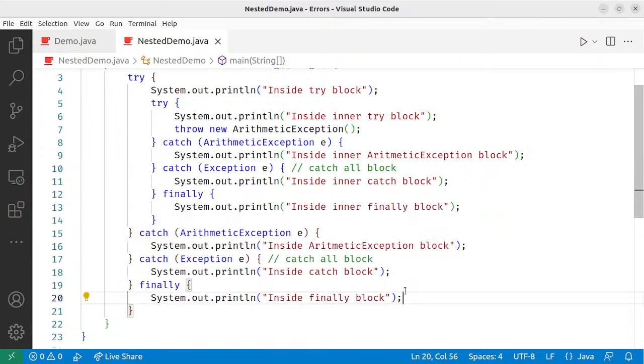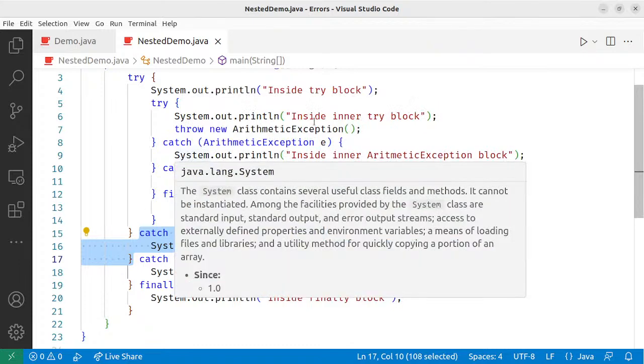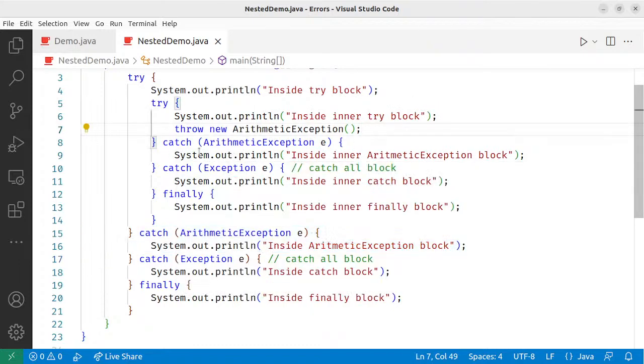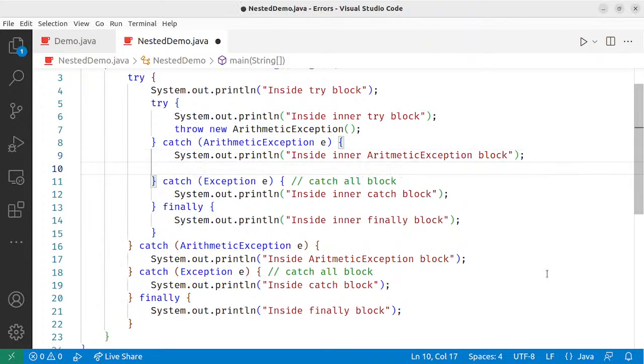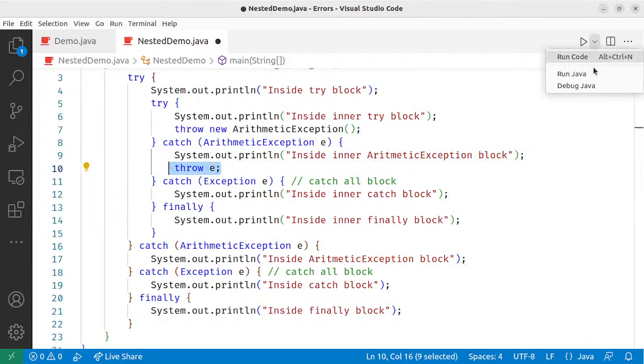Now let's say there is some scenario where you want this outer catch block, that is catch ArithmeticException e, to also handle the same exception. There is one trick which you can use, and that is, once this is done, I can re-throw the exception from here. I can say throw, and whatever was passed, I'll throw it again. So now what is happening? Once the catch block of arithmetic exception handles the exception, right now we are simply displaying the message, we are throwing it again. So see what happens now. If I run it once more,